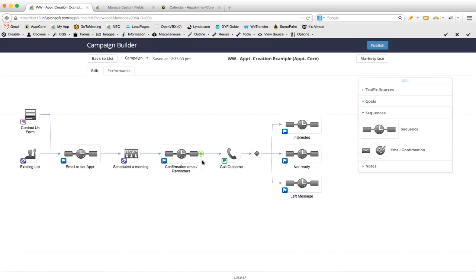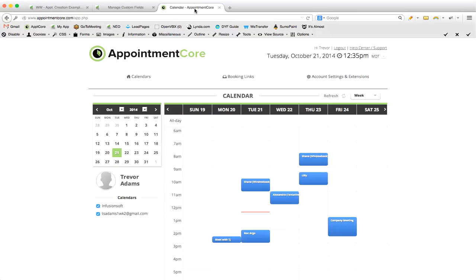So with that being said, let's see in Appointment Core how we actually get it to be as simple as this, where there's a link click and a tag put in place. So switching over to Appointment Core, I have currently my calendar, which the nice thing about this is I do not have to ever log into Appointment Core once I have this set up. Once it's in place, if I have it set to what calendar I want it to put my appointments on,